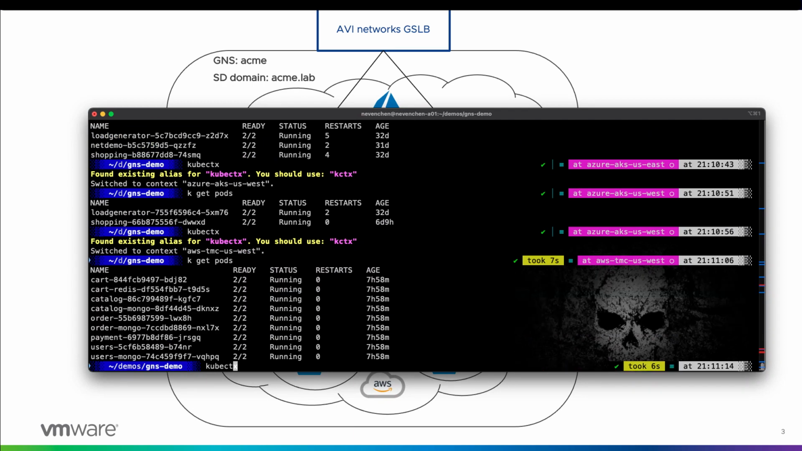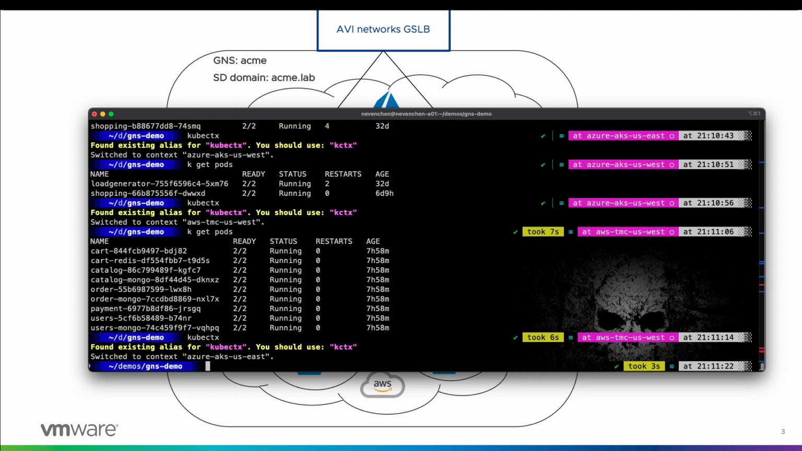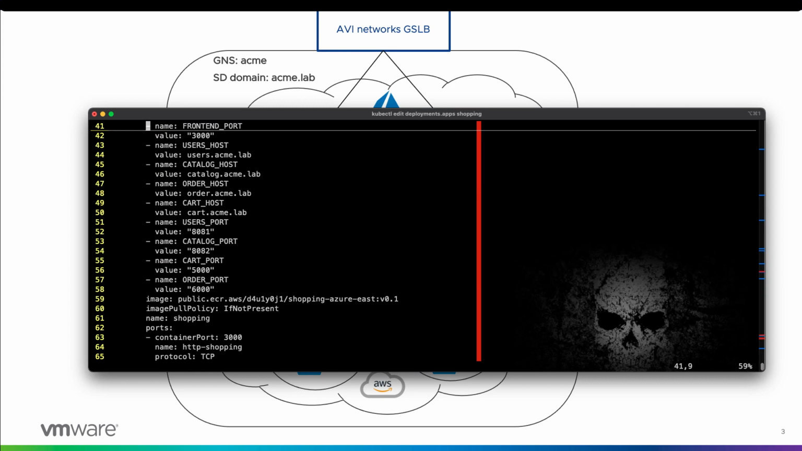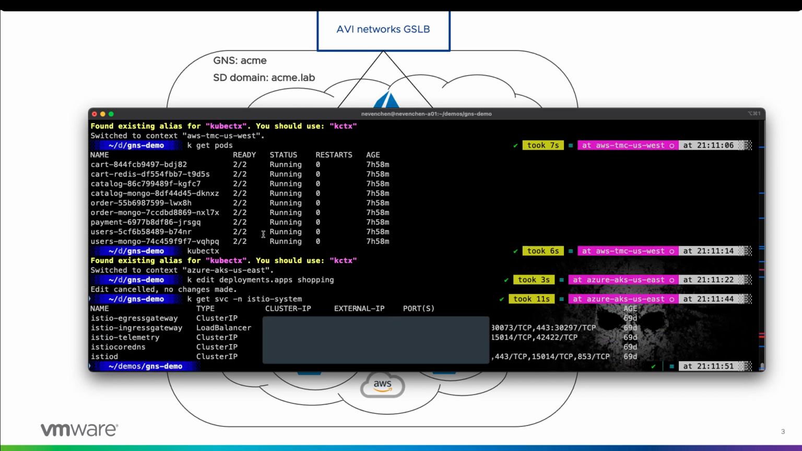Now, coming back to the AKS cluster, if we inspect the deployment for the shopping service, we can see that it's already set with environment variables that define the service discovery domain that the global namespace will apply. Now, as I said, Tanzu Service Mesh is a federated Istio service, so we can connect to the cluster directly,